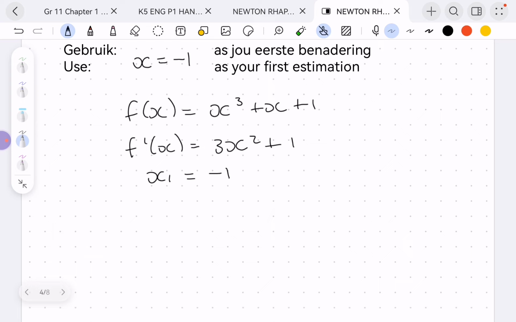So now Newton's law says to get the next value, a value that is even closer,